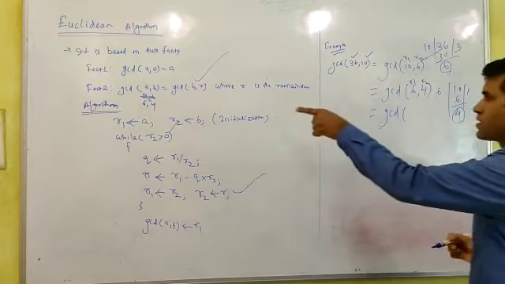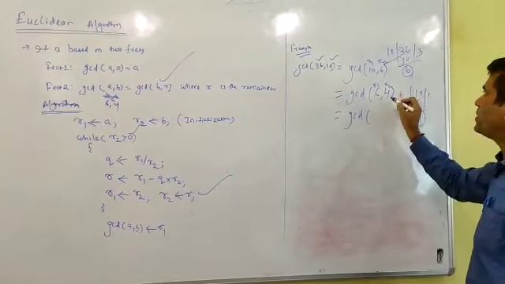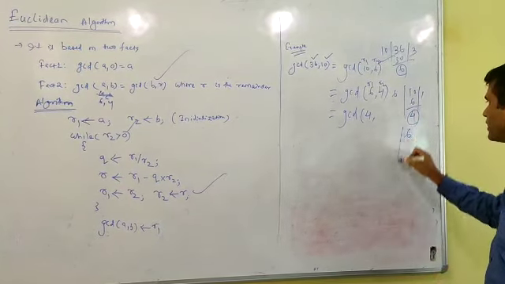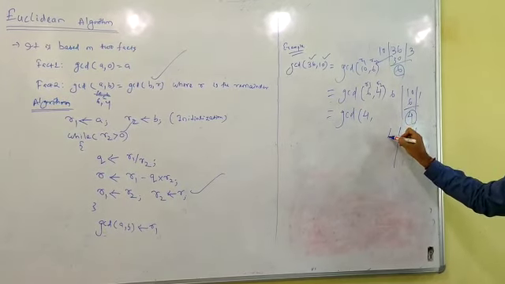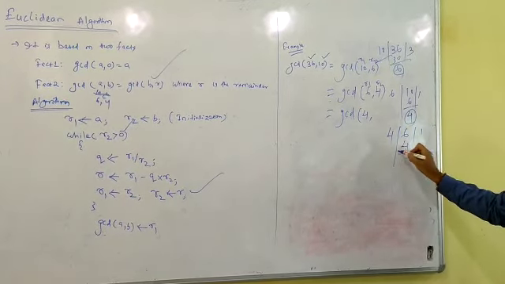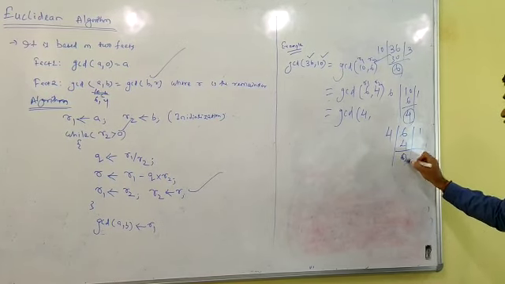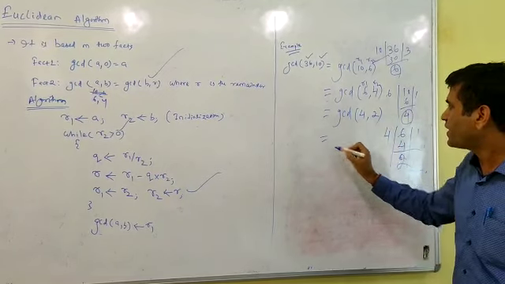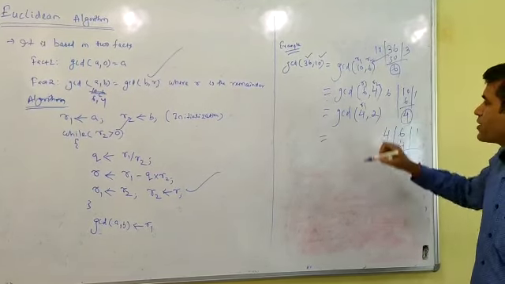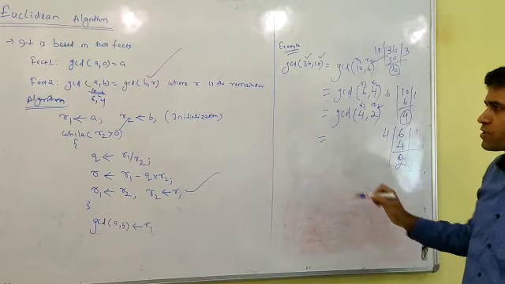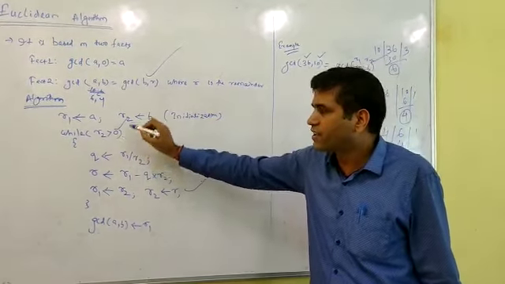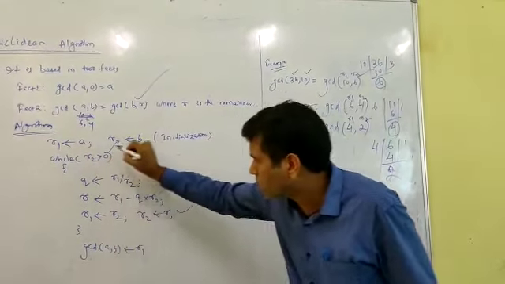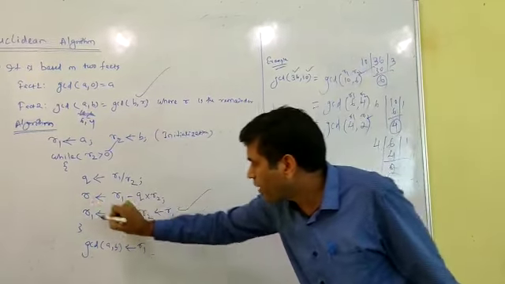So the second step is GCD of B comma R. B means what? 4. So I can write 4. So how to find out R? We have to go this way. 6 will be divided by 4, so the answer is 2. So here I can write the remainder 2. So for example, this is R1 equals 4, R2 equals 2. Just go through the condition. Now R2 is always greater than 0. R2 value equals 2, which is greater than 0. The statement will be executed.